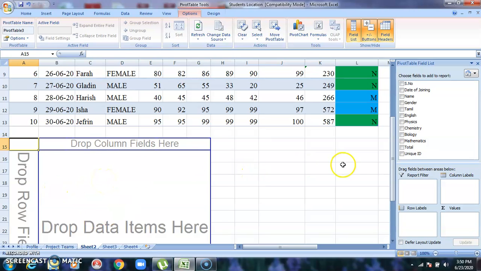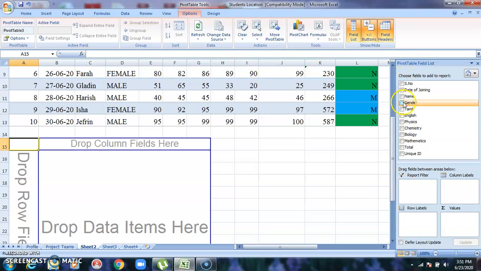Okay, now let's see. What I am going to do is compare the gender as well as the total scored by them. That alone is enough. Now this is possible with the filter option also, the advanced filter option. But what I want is to do further analysis and generate a report based on it. So whether it is possible, this is what we are going to analyze. You can even count how many male and how many female are there in the class. Let me show you first.